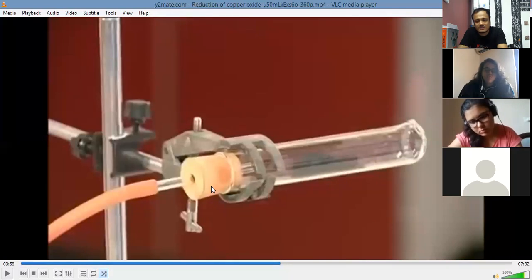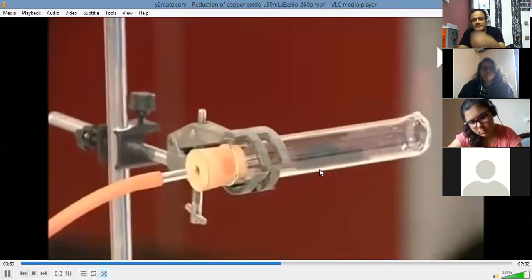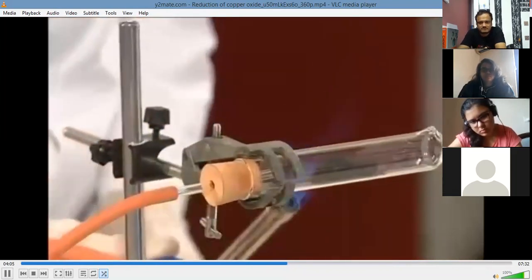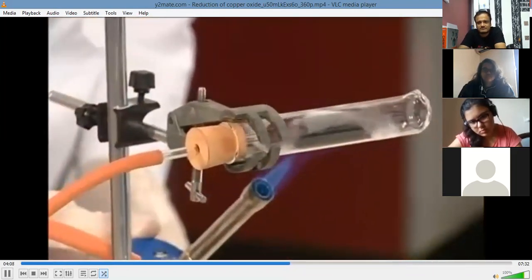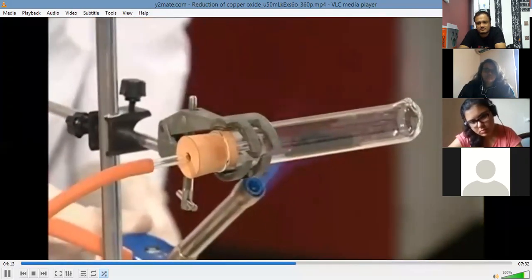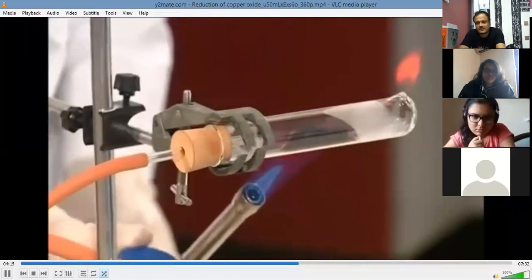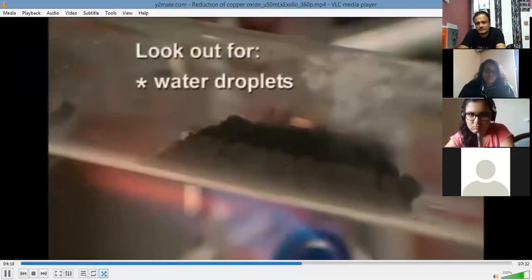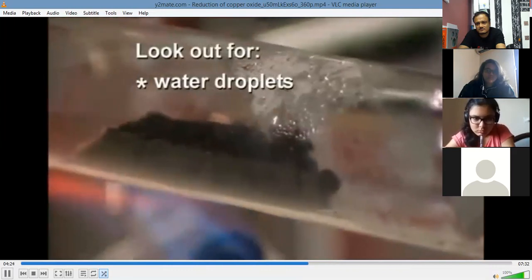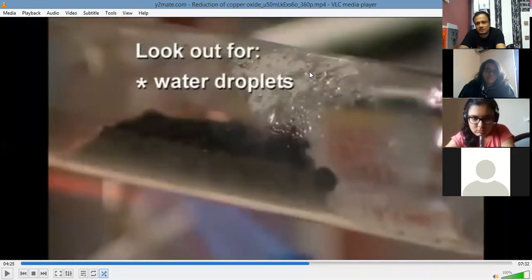So see what happens when ammonia is passed over copper oxide and the copper oxide is heated. Oxide using a roaring Bunsen flame and using the hottest part of the flame, which is just beyond the blue cone. At this point, a number of interesting observations can be made, and these will probably need to be pointed out to the audience. Droplets of water will condense on the cooler part of the reduction tube near the hole. These will evaporate as the tube gets hotter. You can see that water droplets are formed over here, okay, when we are heating it. That is one of the products formed in this reaction.